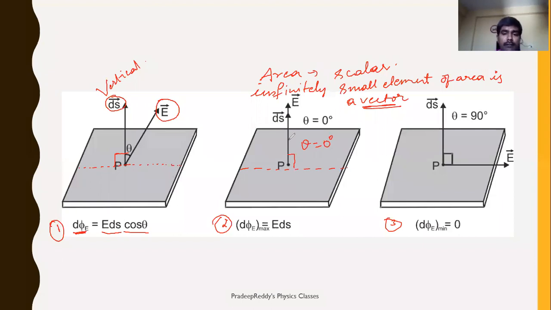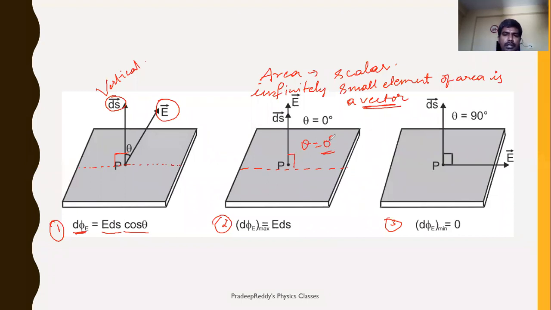I'm sorry, in the previous example which I told you, it has 180 degrees, right? So that is wrong. It is theta 0. I'm sorry. So theta is equal to 0 if both are parallel to each other. Suppose if electric field is in downward direction and area vector is upward, then in such cases you will be taking it as 180 degrees. Now in this case, ds bar and E bar both are parallel to each other, so theta will be equal to 0 or 360.